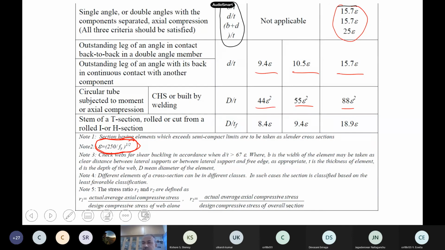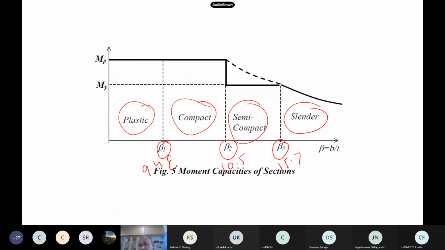Now for angle sections, there is no plastic or compact, directly semi-compact itself it comes. Similarly, for circular tube, stem of a T section, you can calculate from these numbers. Okay, so if it is a slender, you can convert it to semi-compact also. The only way is this b has to be reduced such that your beta will be reduced. Thickness you can't reduce, so the effective area automatically you have to reduce to convert from one to other. But it becomes extremely expensive, because the area goes down, then other things will cost like anything. Okay, so fine.